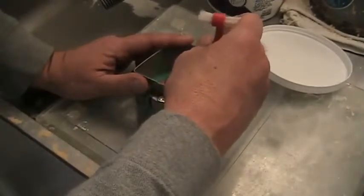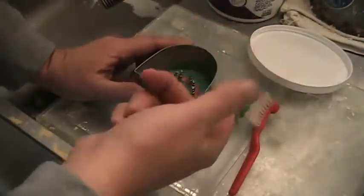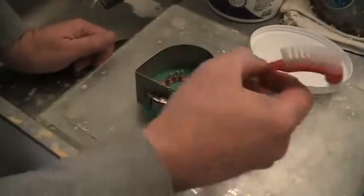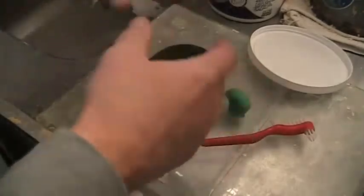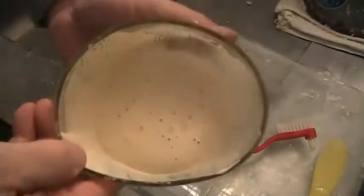Alright, so now that I've got that in place, the next step for me to do is to mix up some stone. Cocal is a preferable stone for me, and I'll be right back to show you how that all comes about. Alright, so I'm back. What I've done is I've mixed up a bowl of Cocal,